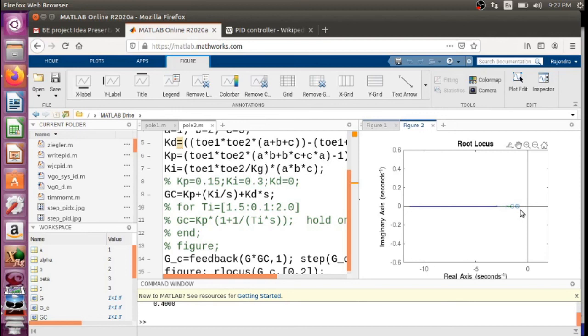In addition we have got two zeros also. One is at s equals to -1, and another is in between -1 and -2. So one can check this way.